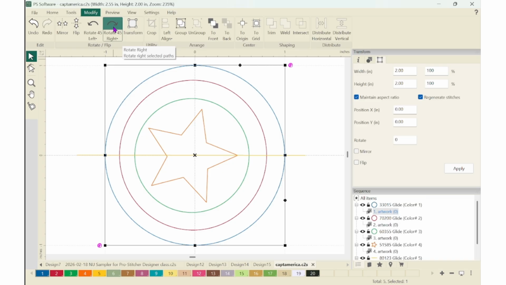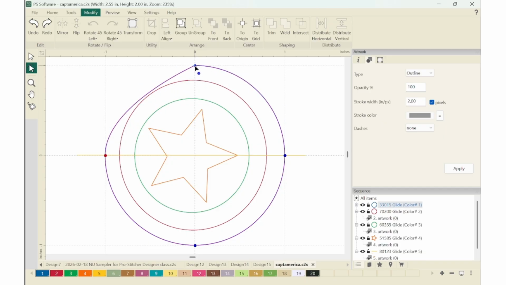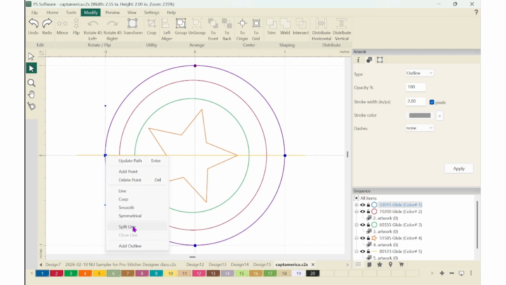Now it doesn't look like I did anything, but I really did, because now you can see that my start and stop point is up here. So now I can right click on this point and split the line, which is what I want right now. This does not look correct, so let me undo that, undo that, undo that. Okay, I'm going to right click and split the line,